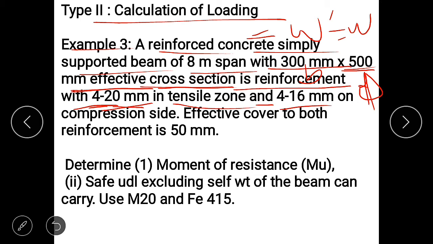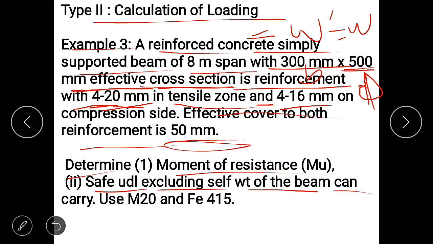Number of bars is 4 into pi by 4 into diameter 16 square. So we get ASC. Effective cover to both reinforcements, means D dash and D, is given here as 50 mm. Now determine the moment of resistance, means here we have to calculate Mu and also calculate the safe UDL